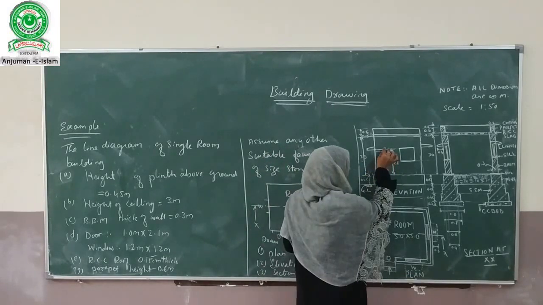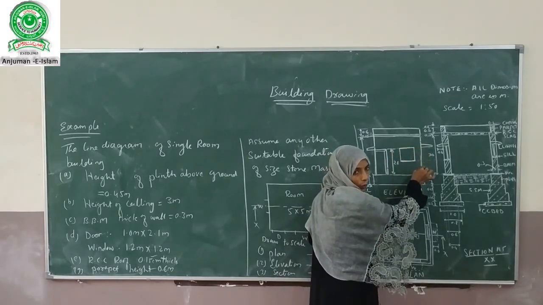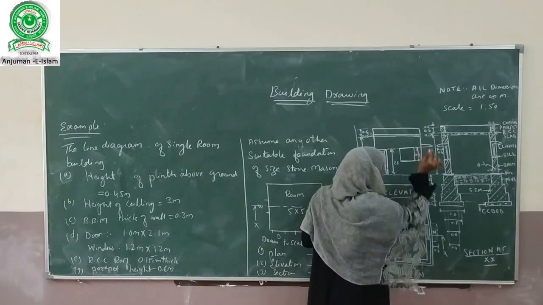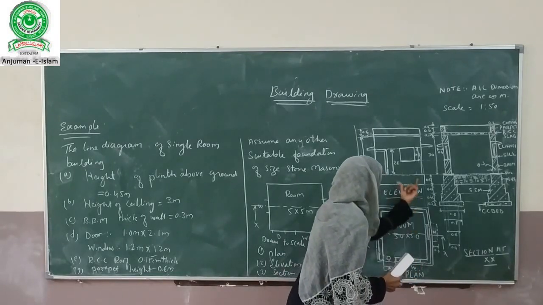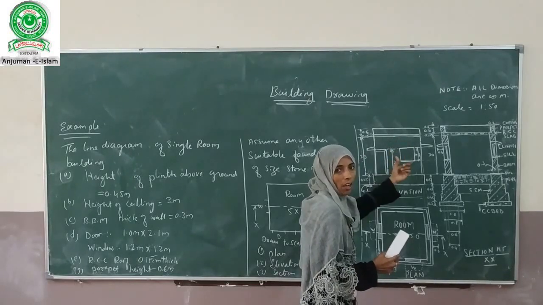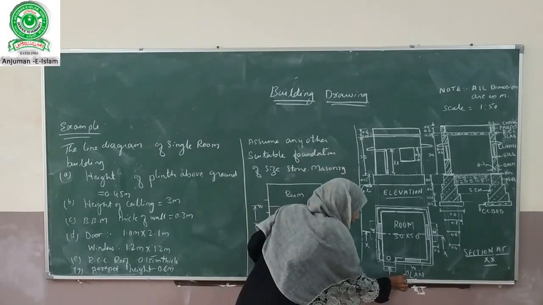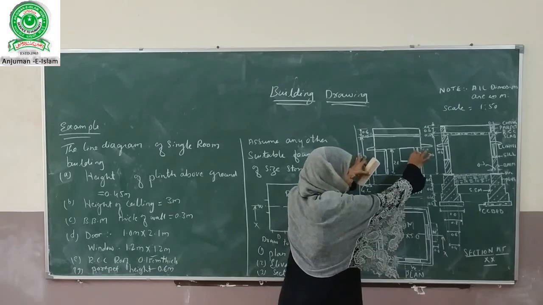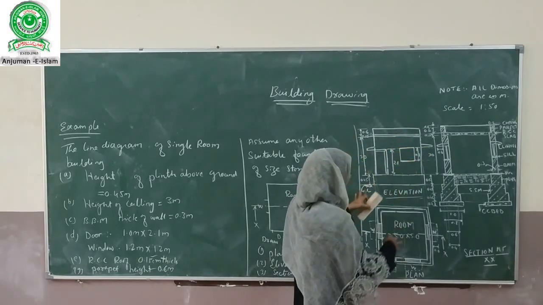The same line will be extended from here also. You have to show the window. That is, the height of the window is equal to 1.2 meters. The same position, the same place will be extended, the same size will be shown here, only the height will be shown here. Height and width will be shown in the elevations. So this is all about it: when we stand before this room, we will see this chajja and this chajja, and that also will be highlighted in the elevations. So this is all about the elevations.